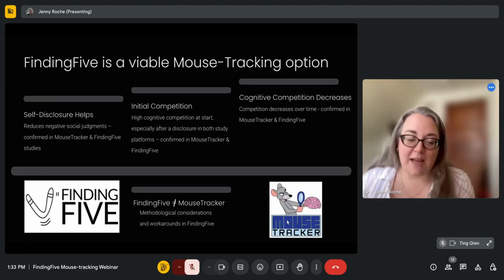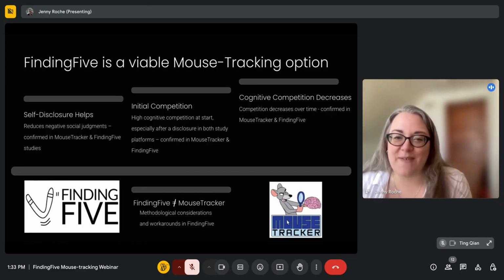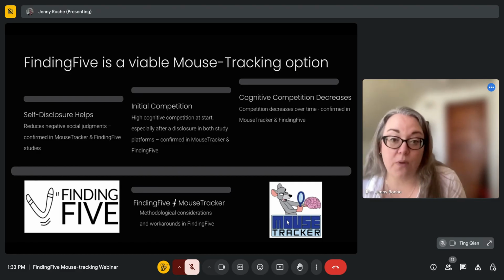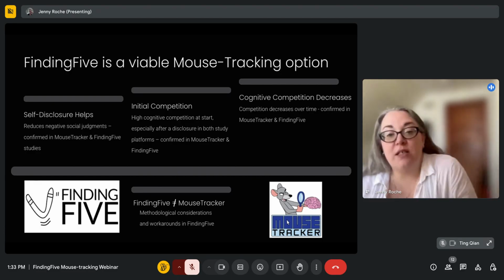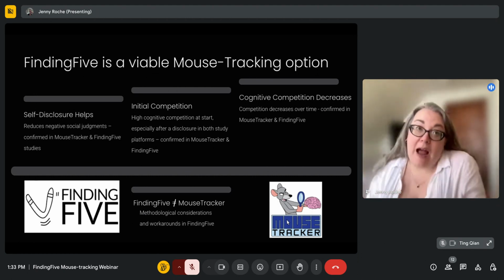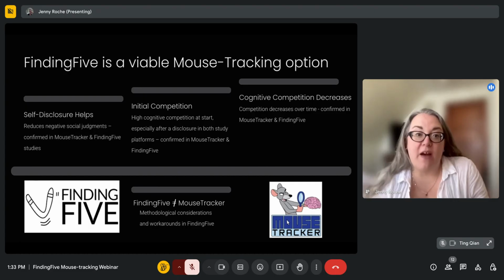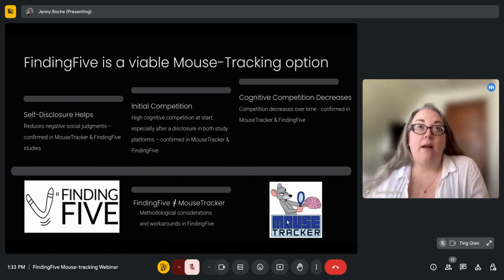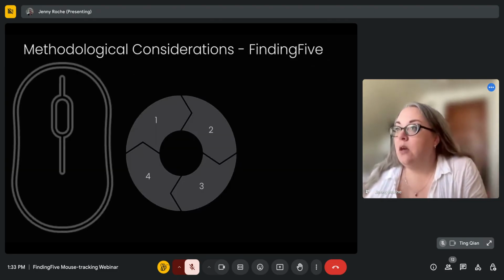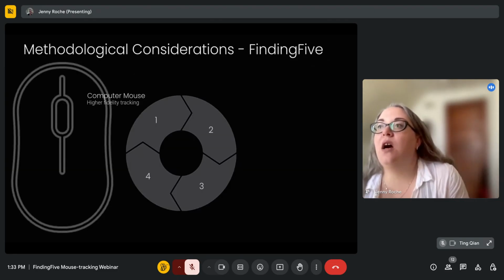Okay, that's wonderful, but we can't say that Finding 5 and Mousetracker are equal in terms of measuring cognition. There are definitely going to be some considerations that we have to make, but I feel like I can confidently say that Finding 5 does produce results that are similar to what you would do in the lab. Okay, the first thing is the computer mouse. Using a computer mouse